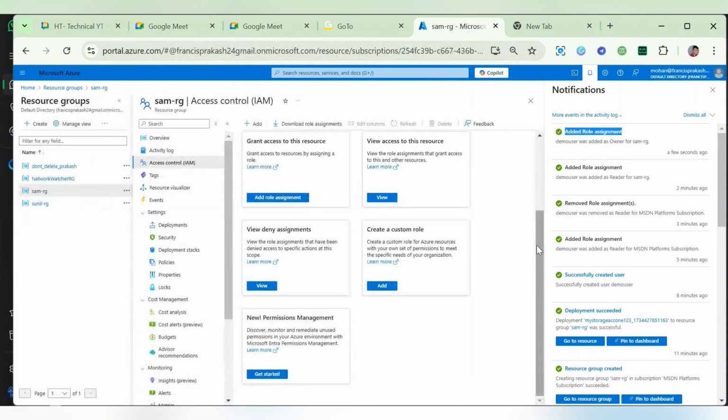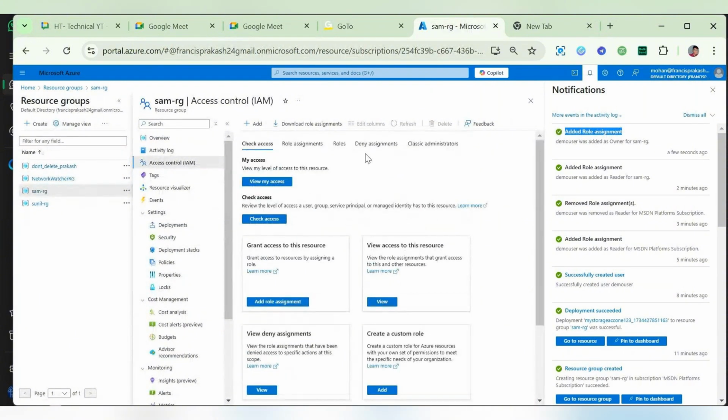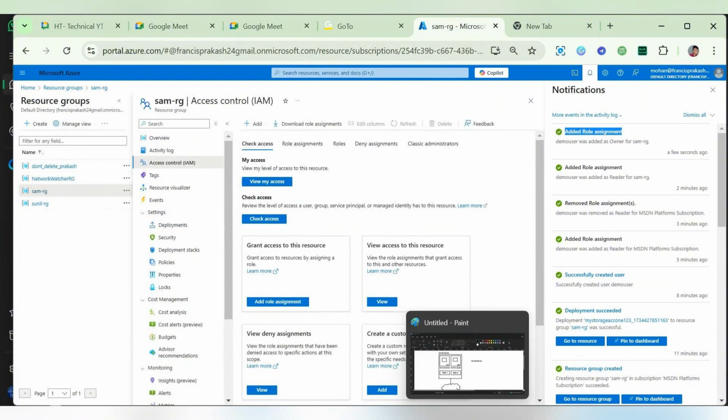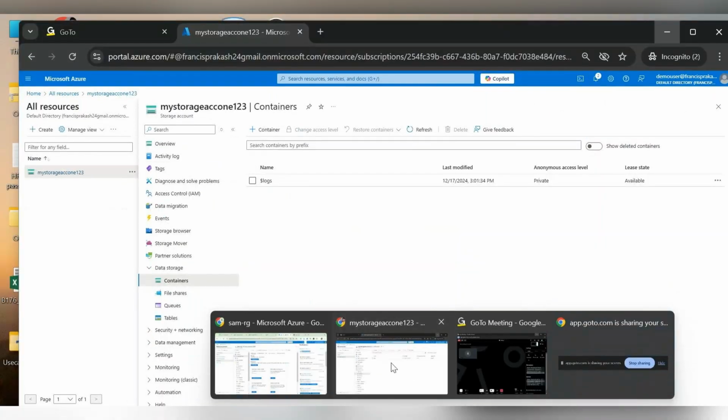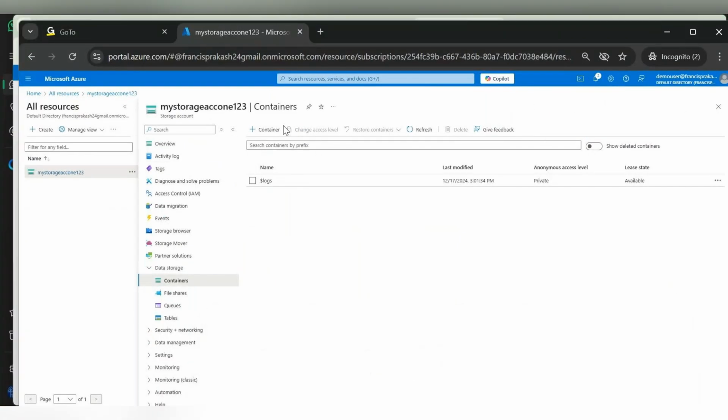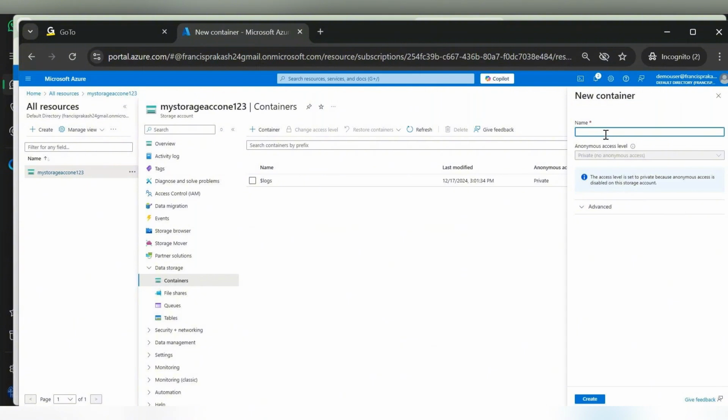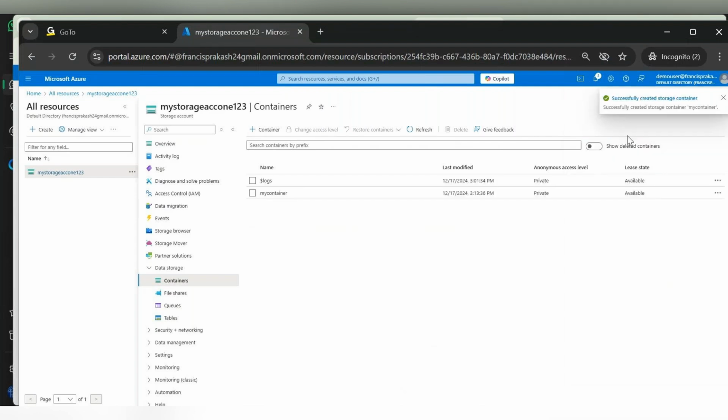The role got updated. This also would take some time to reflect in the backend. Let's check. Let's try to create a container again. Let's initiate the creation. See, now the container got created. So based on the privilege we give to that user, the user would work